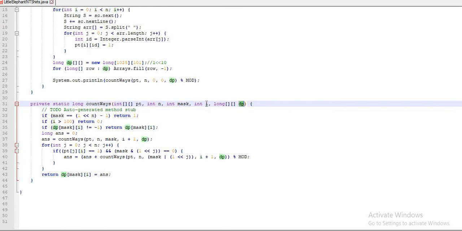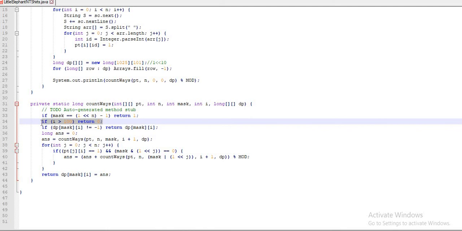The t-shirt ID can be 1 to 100, and when it goes out of 100, that is not a valid combination. In that case I would return 0, because there are no possible ways to allot the t-shirts, where persons can wear different t-shirts in a party.